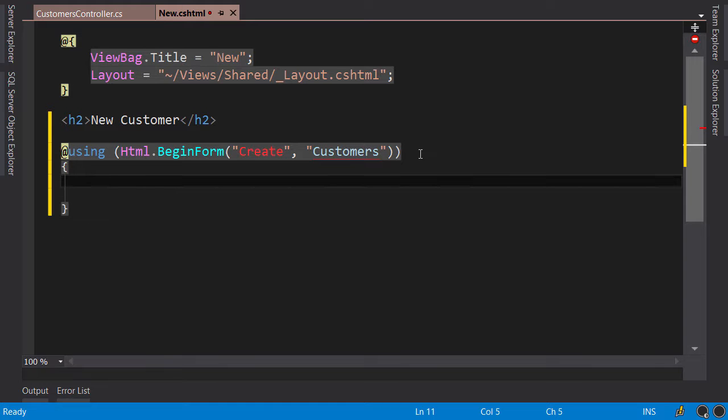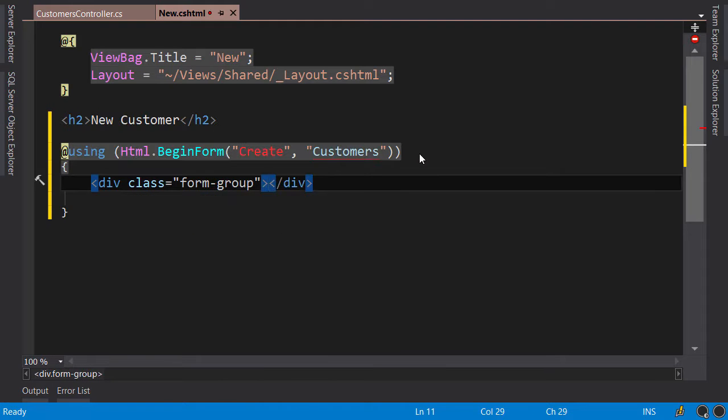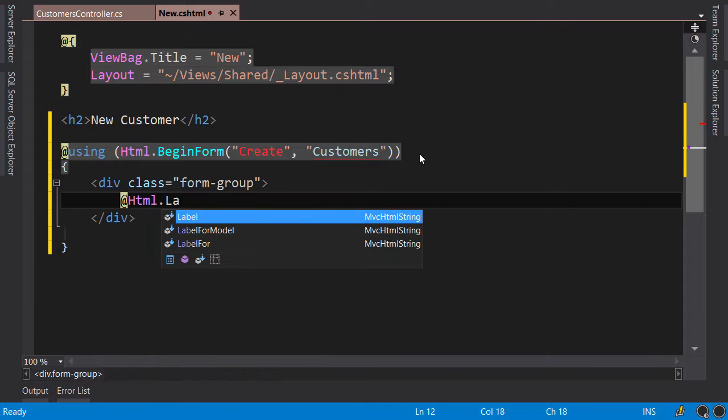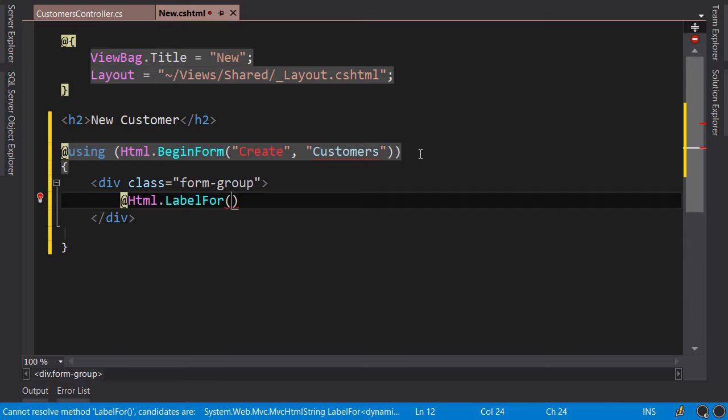Now there is a special markup that we need to follow to render modern and responsive forms. And this is the markup that Bootstrap understands. So we wrap each input field in a div with the class form-group. Now inside this div, we need two elements, a label and an input field. We can either write raw HTML here, like label, or we can use html.LabelFor method. And here we pass a lambda expression that specifies the name of the target property in the model